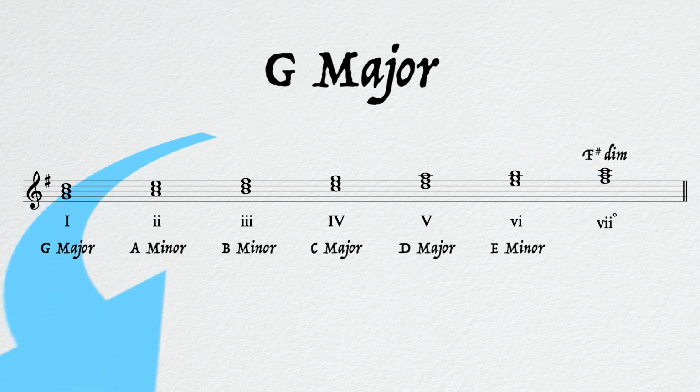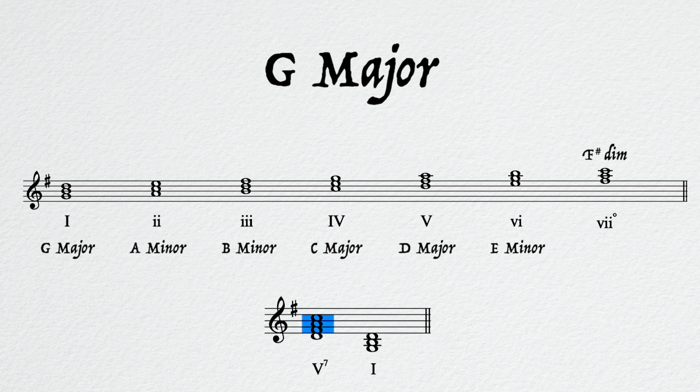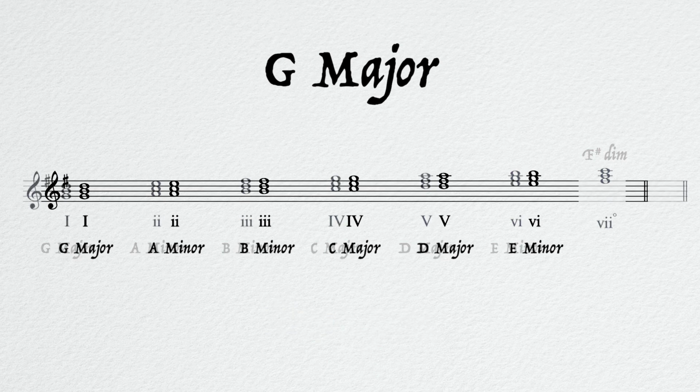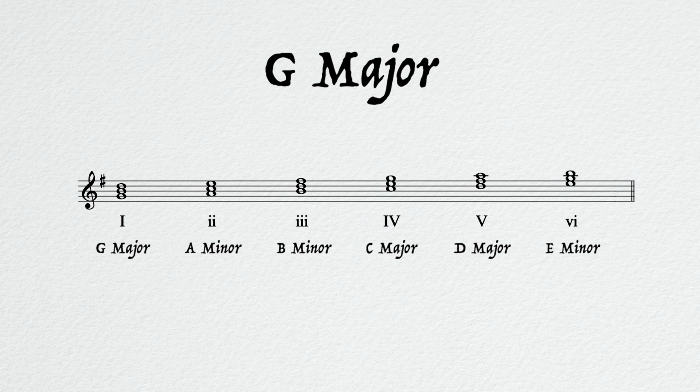By extension, harmonically, we can interpret this chord as just the upper 3 notes of the dominant 7th chord of D, which is next to the dominant triad, one of the most important harmonies that is used in G major, besides the tonic. So if we just omit the leading tone diminished triad, we are left with 6 harmonies, these being G major, A minor, B minor, C major, D major, and E minor,